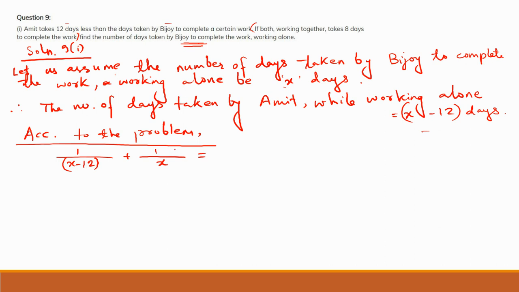So how much work do they do together? When they do the work together, how much work is done? It says it takes 8 days to complete the work. So in one day they will perform 1 by 8. That much amount of work will be done. One eighth of the work will be done in one day, so that in 8 days the complete work can be done, right? So from here what we get is